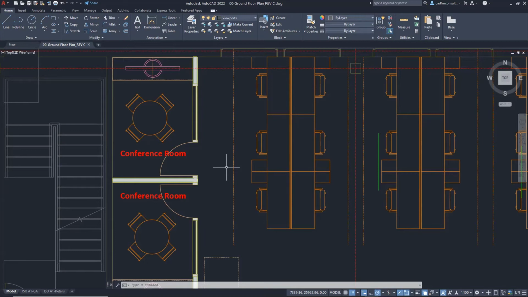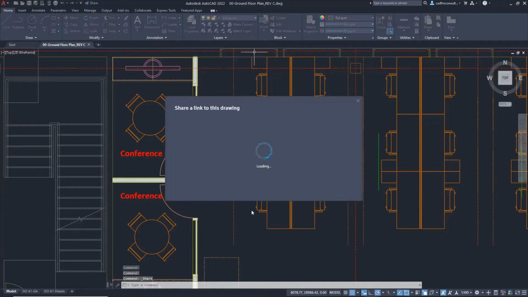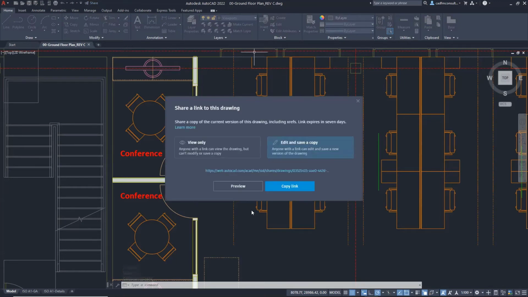It's absolutely great. For example, it's up here on the Quick Access toolbar in 2022. You just hit the button, and providing you've got an internet connection, it'll give you an option. Again, my internet connection isn't massively fast, but I can set a view only drawing or an edit and save drawing. And there's the link there. I can copy that link, just hit copy like that. That's then copied. I can drop that into an email. People can go and view that very quickly. Yeah, I definitely like using that tool.